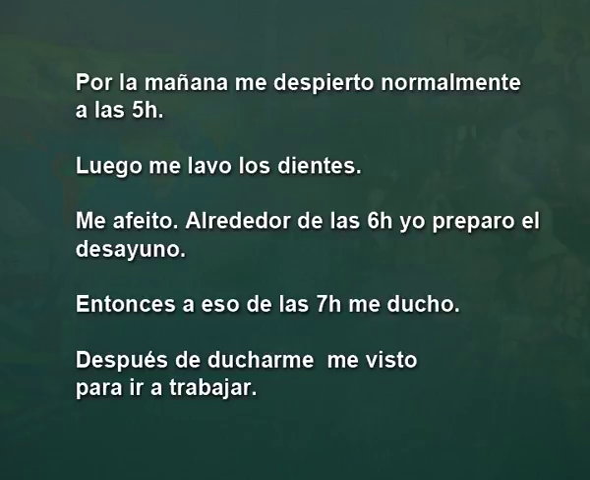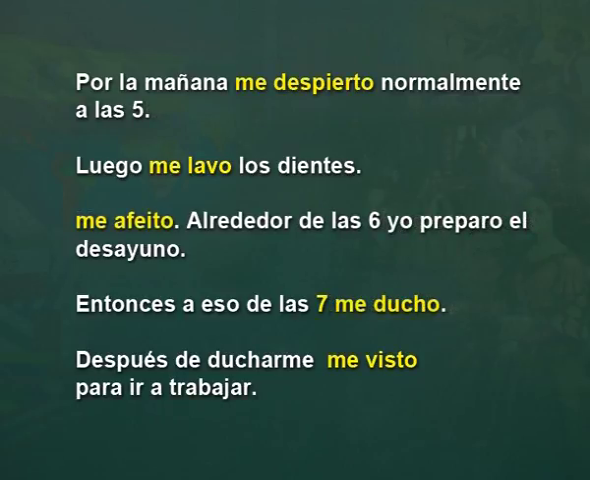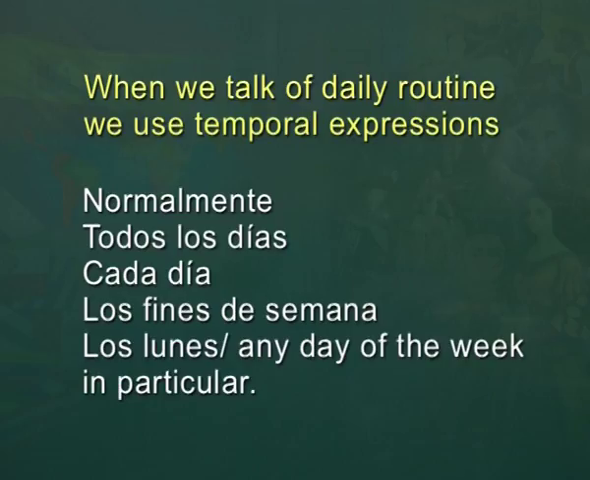Can you tell me the verbs that we were using of the reflexive in my daily routine? Despertarse, lavarse, afeitarse, ducharse, vestirse. Muy bien. When we talk of daily routine, we use temporal expressions like normalmente, normally, todos los días is every day,